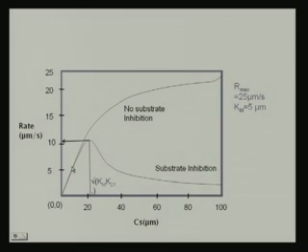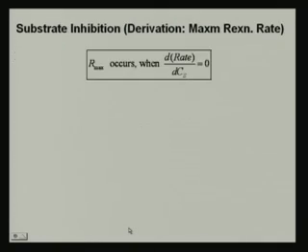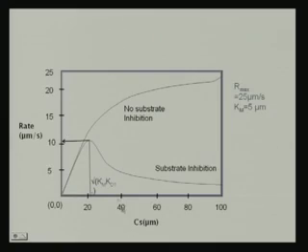So when CS is low, the effect of substrate inhibition is not there, because in the limit of small CS, the formula for substrate inhibition that you had, let's go back to it here, will go back to the old formula for without inhibition. So with and without inhibition makes no difference at small values of CS, because CS square is very small. So these two lines merge and then they reach a peak